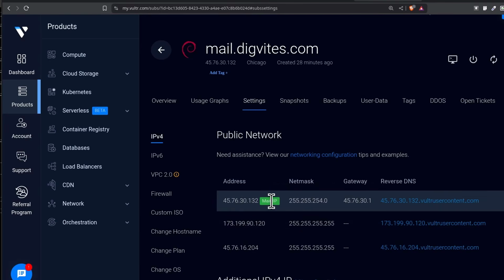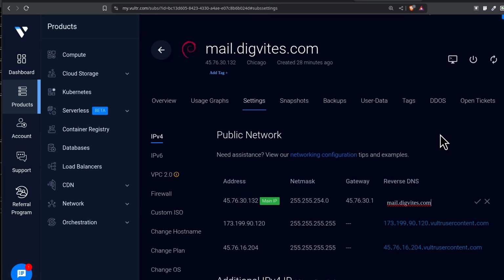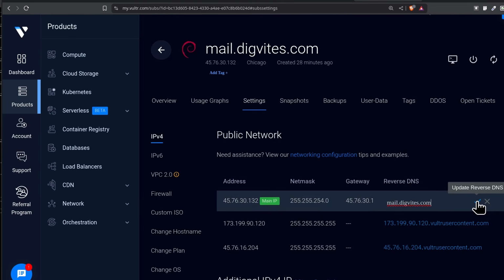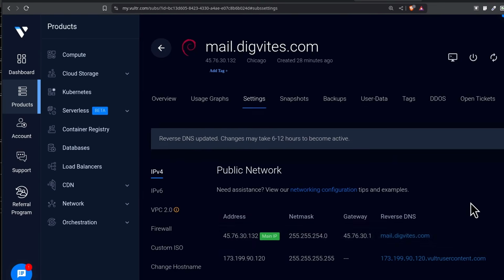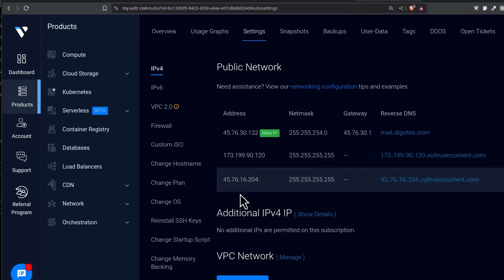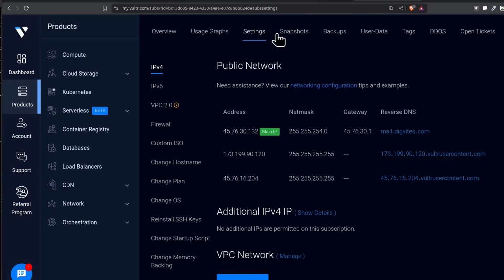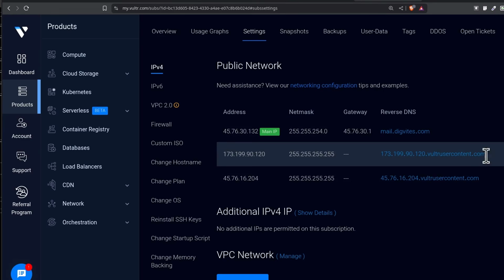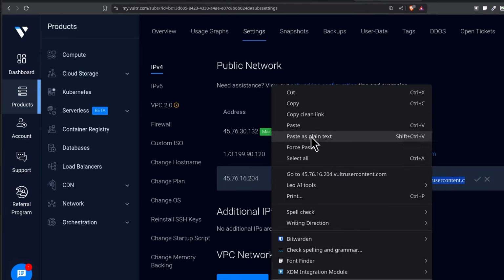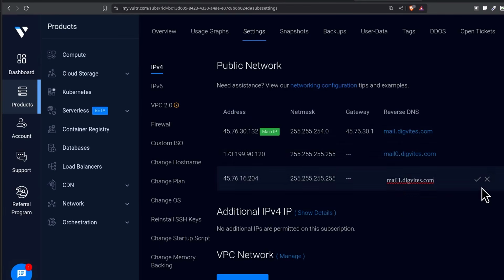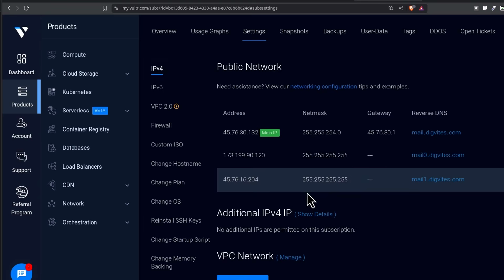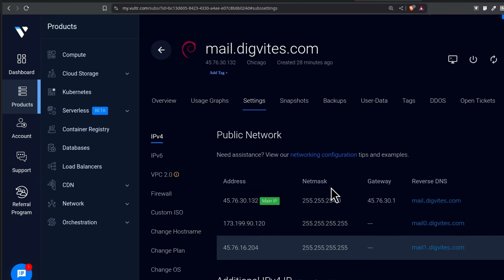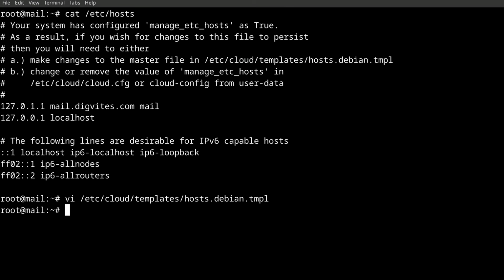The reverse DNS for the main IP is that, paste, update, and then the reverse DNS for the second IP. We're trying to make sure our mail gets in the inbox. Paste, enter. That's all we have to do there. That's done. Let's go back to the server, log back in.